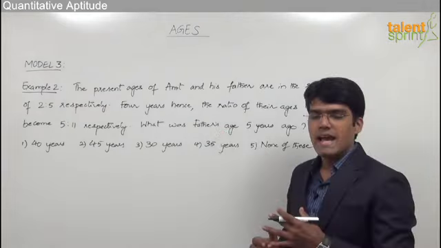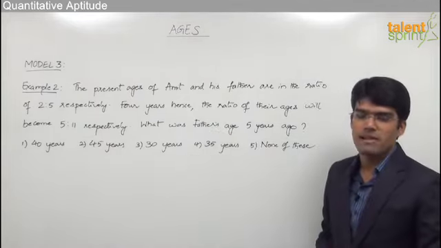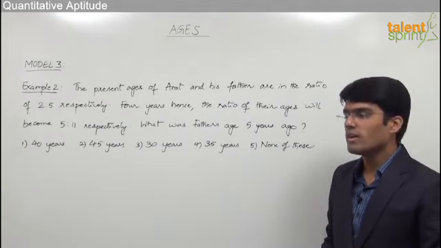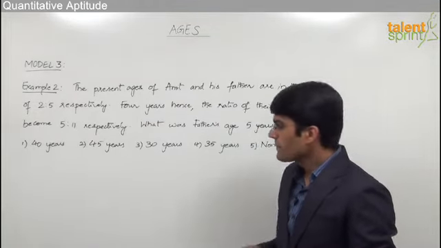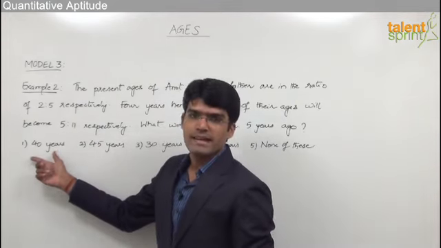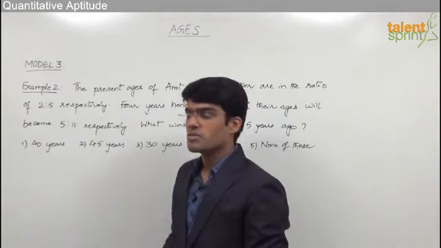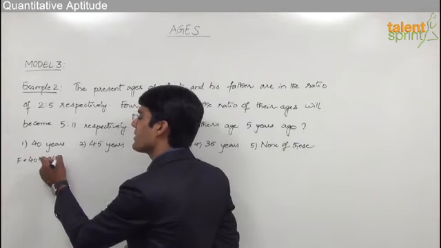As we have discussed in the earlier example, let us avoid writing all the steps and try to solve this question directly by eliminating the wrong options. Let us see how to do that. The question here is, what was father's age 5 years ago? So we are supposed to find out what is father's age 5 years ago. Let us look at the options one by one and understand what can be the correct answer. If you assume that option number 1 is correct, it means father's age 5 years ago was 40. So father's present age should be 40 plus 5, that is equal to 45.